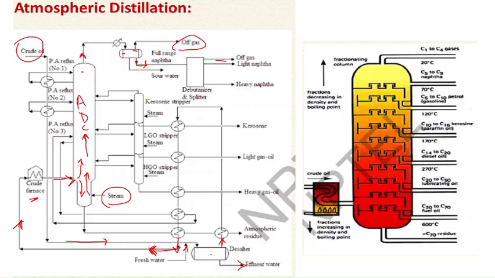So the non-condensable gases, if any are present in this portion again, are given out as off gases, and further the C4 cut, the butane cut, is given out as the lighter naphtha. In the debutanizer, all the different C4 cuts, as it may be butane, then butene, are separated here in the debutanizer and splitter. Moreover, some various other cuts are also present in the crude oil, so they are given out as different cuts.